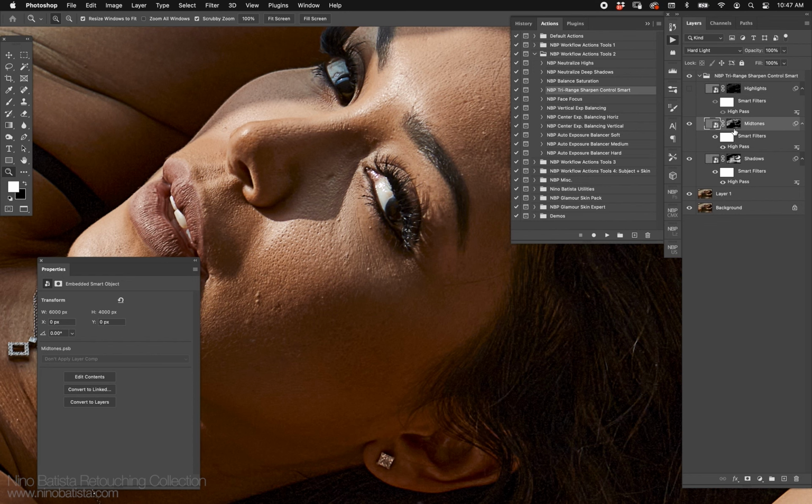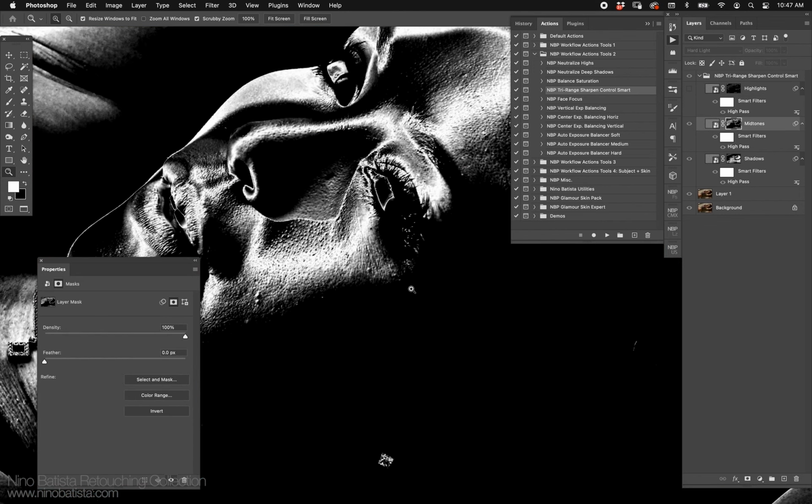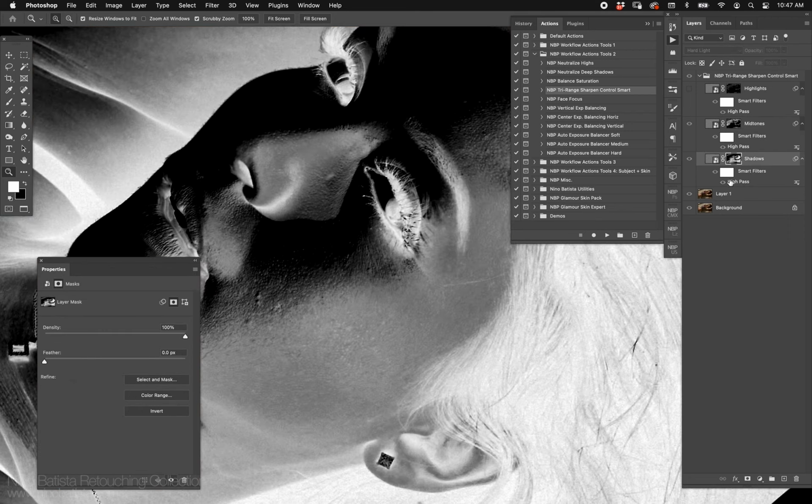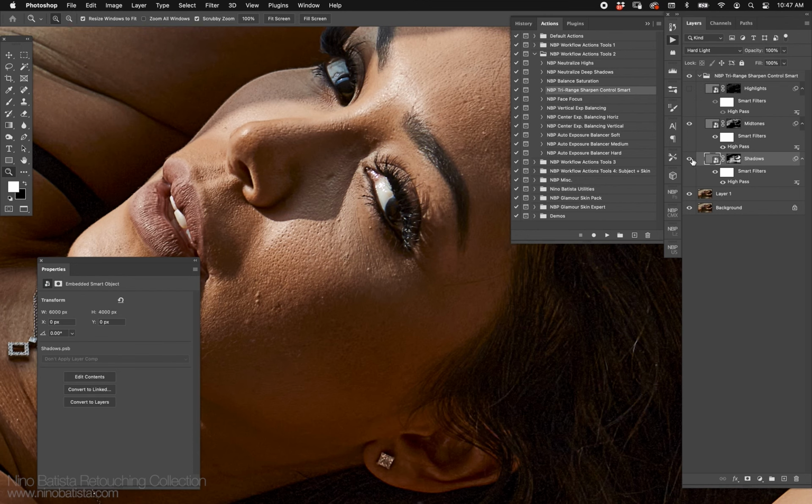Now the midtones, pretty straightforward here. Look at the mask, it's focusing on the midtones, adding a good amount of sharpness just to the mids. Now the bottom one, of course, it's adding it to the shadows, and that's going to sharpen the shadows on and off. Now, more to the point, each one, turn on highlights again, each one has a smart filter of